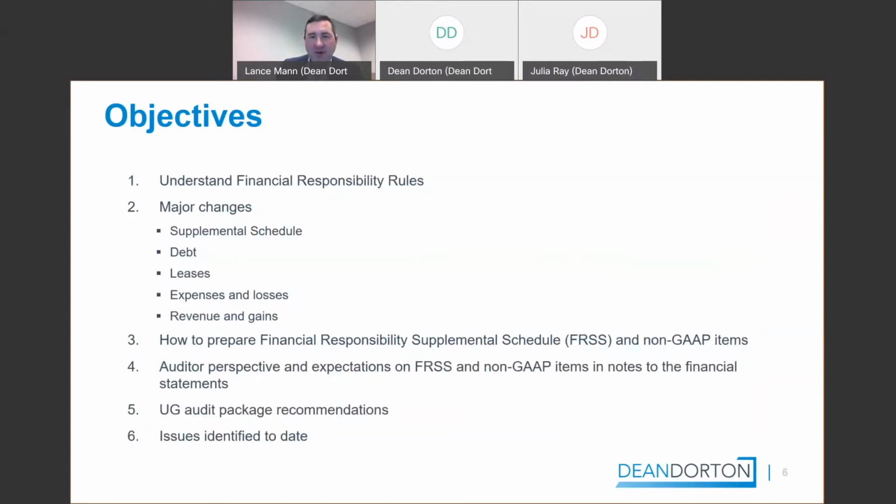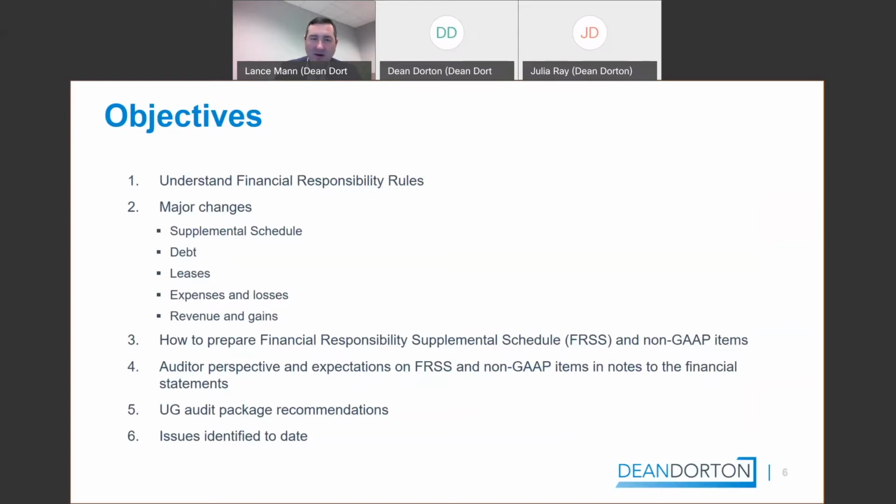So without further ado, I will go through some of the early slides quite quickly, because it's stuff that I believe you all should already know. I want to dig in on some of the major changes that will affect your financial statements, which are later in the presentation. Our objectives today are to understand the financial responsibility rules, understand the major changes and some of the changes that may impact your financials, how to prepare the financial responsibility supplemental schedule, and some non-GAAP items that will be required in your financials.